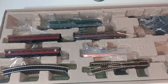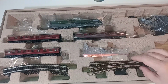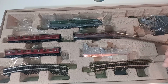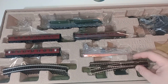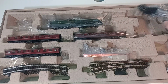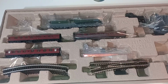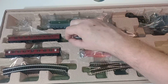Right, so quick look in the box. Oval of track, you get about six straights, and you get one of these points. I don't know if it's DCC or an isolating point. It looks like an isolating point, so you might have to add the little clips on it. Because this is Bluetooth control, you've just got the AC adapter, and that plugs straight into the track basically. You get a re-railer and a set of buffers, and then you get these rather nice